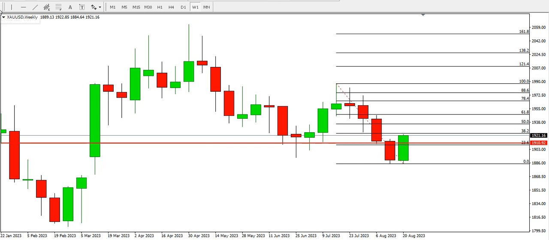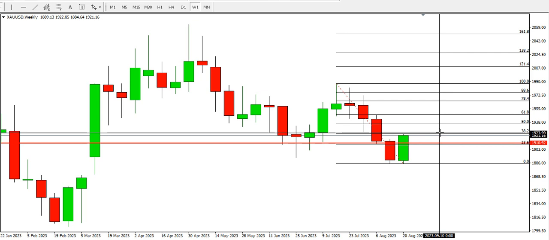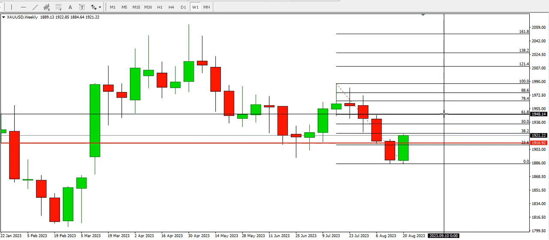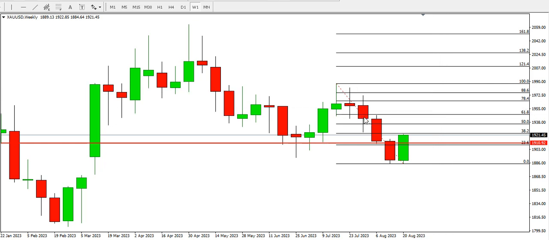as high as the 50% Fibonacci level, which is at 1935. Price is already at the 38.2% Fibonacci level, which is around the 1923 area. Price might also get to the 61.8% Fibonacci level, which is around the 1947 level. So that's that for the weekly